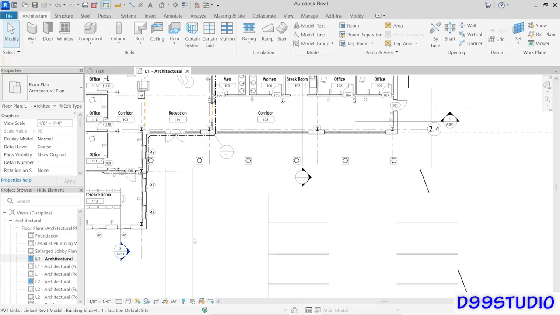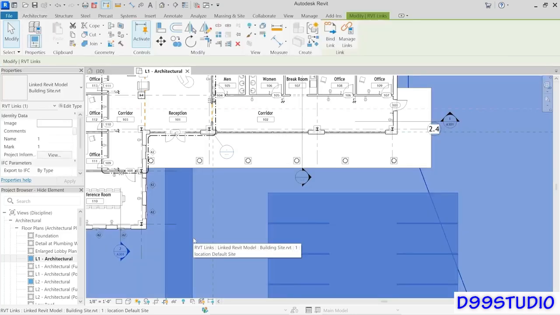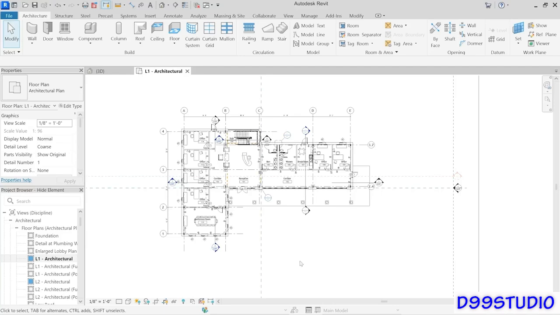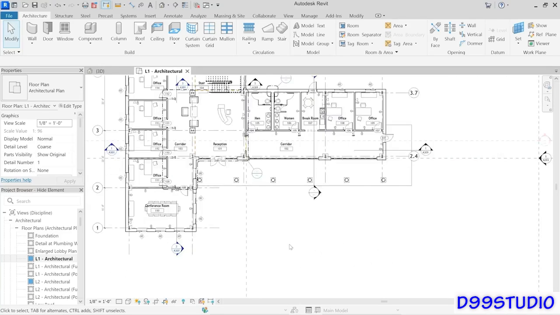But based on what we're covering in this video, you might be tempted to just simply select this and say, well, I don't actually want to see any of that site information. Why wouldn't I just hide the Revit link, right? So that's an object, and I could go up here and choose hide element. Problem solved, right? It hid the topo, it hid the parking, it hid any of the trees and the planting, all of that stuff. Well, you certainly could do that, but I prefer to do it, as I've already indicated,